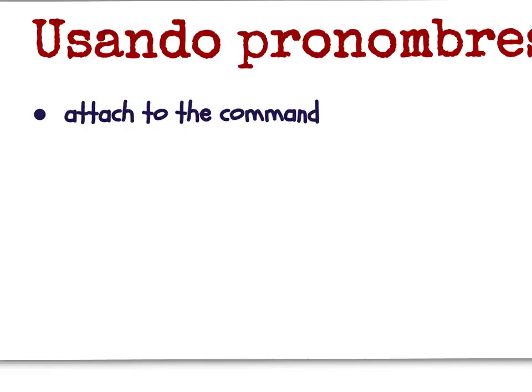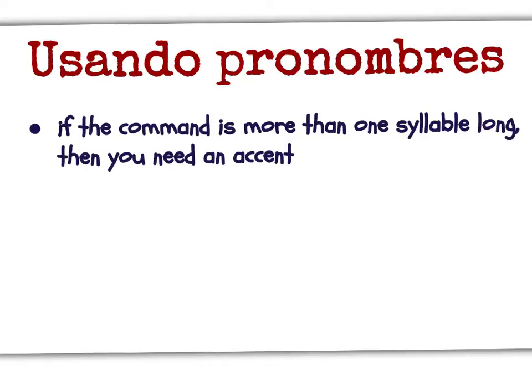Now, when you use a pronoun, you don't have the option of putting it before a conjugated verb. When you use pronouns with commands, you have to attach it to the command. If the command is more than one syllable long, then you need an accent. As you saw from a lot of the irregular verbs, most of them are just one syllable. So those you don't need to have an accent if you attach a pronoun to it. But for the most part, many verbs are more than one syllable, and you need to put the accent 3 vowels behind. So some ejemplos are: